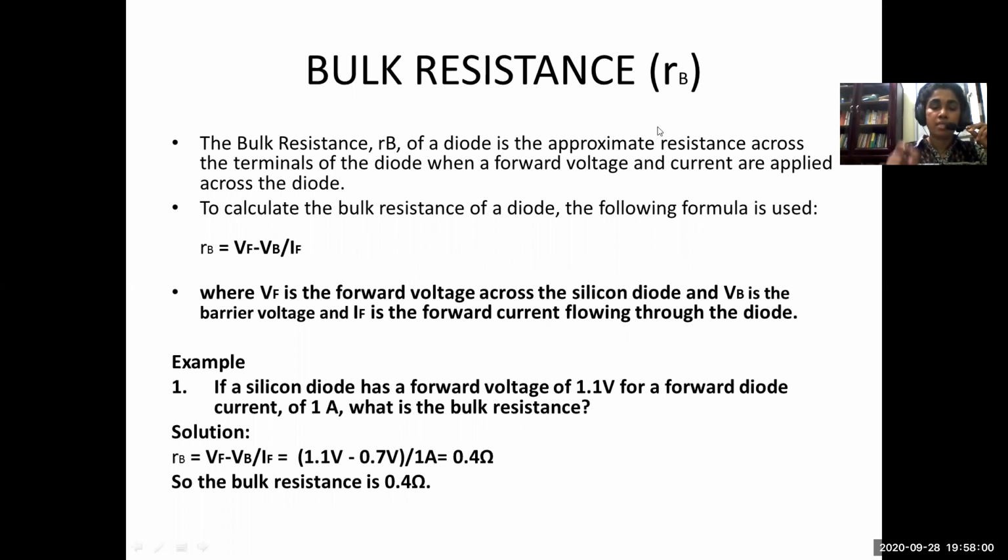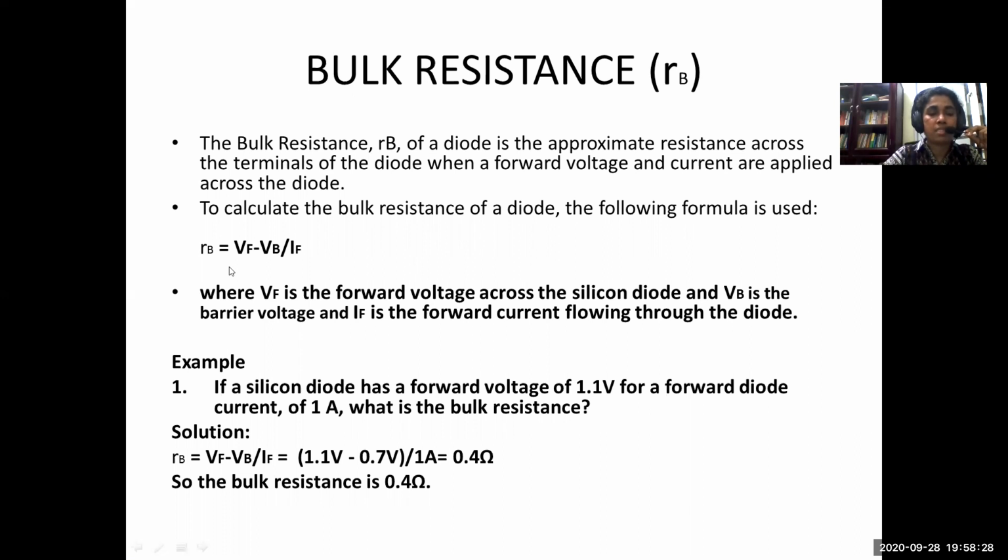When the current is flowing through it, you know that it will be acting like a closed switch, or like a good conductor of electricity, but still the body of the diode will be offering some resistance to the flow of current, and that is what is measured by this parameter, which is called the bulk resistance. So in order to find out how much is the bulk resistance of a particular diode under a particular situation, this is the equation that you can use.